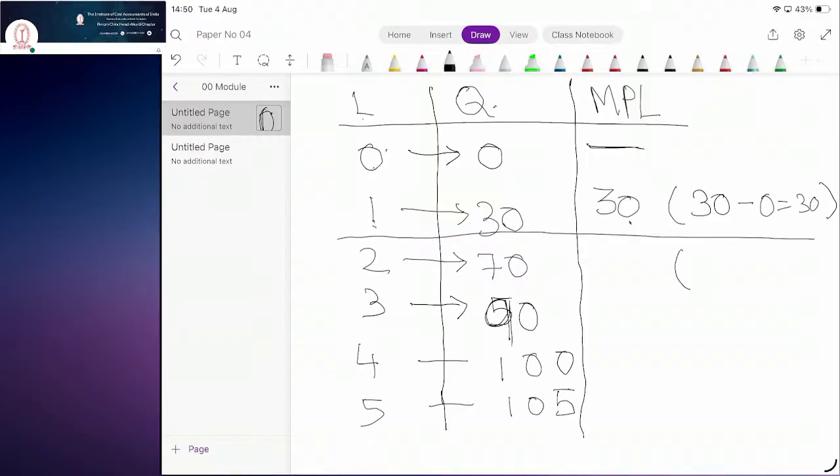Now do the calculation for the second unit. Second unit output is 70, correct? And what was the output with 1 unit of labor? It was 30. So marginal product of labor is 40. I think now you have got sufficient hint. Quickly calculate and tell me what will be the